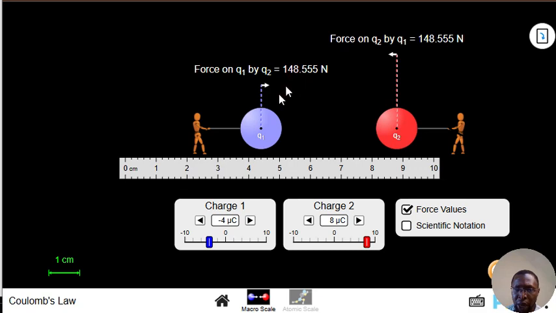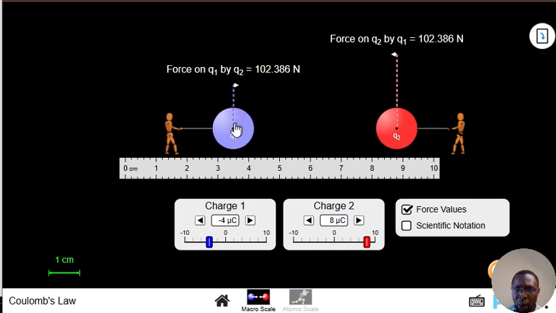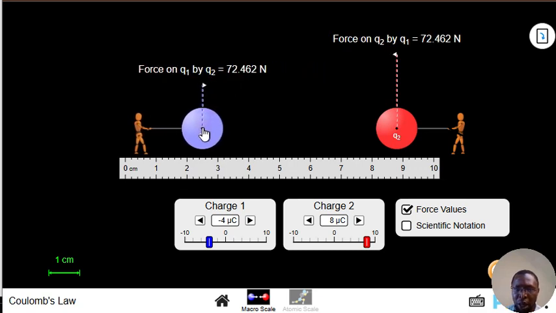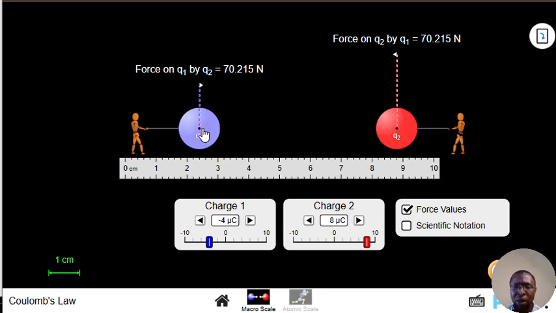But by the time I increase the distance between the two charges, what happened to the force? You see that it was gradually reducing. As I go backward, the more I increase the distance between them, it gradually reduces. And that is what the law is stating. It's stating that this force, that is acting between two charges is directly proportional to the product of these